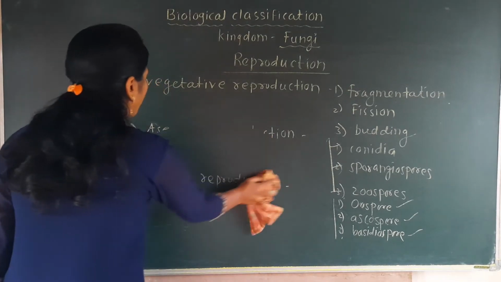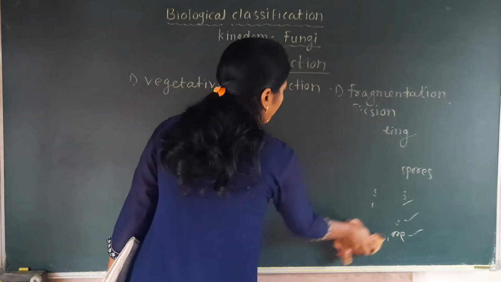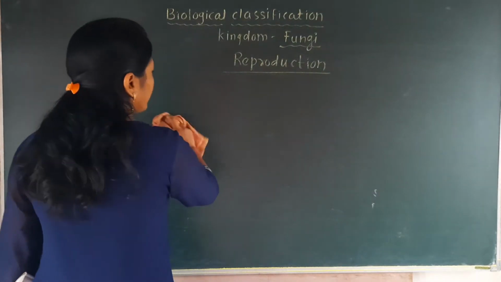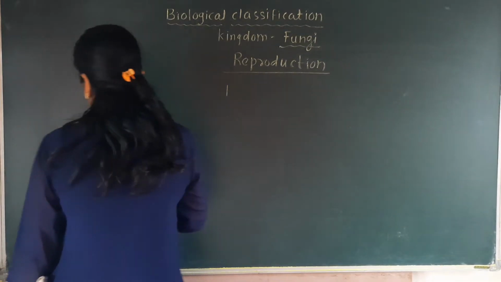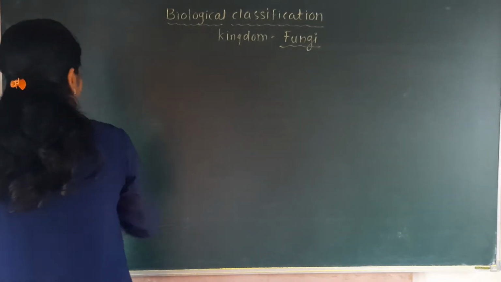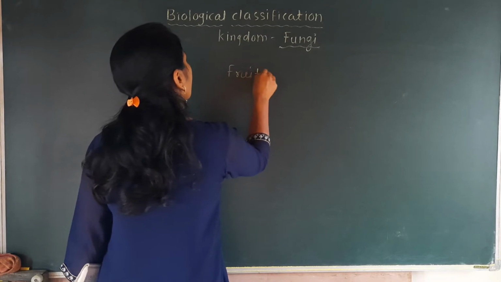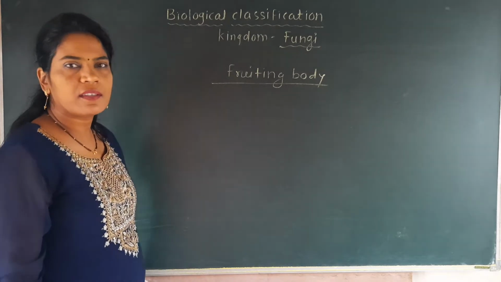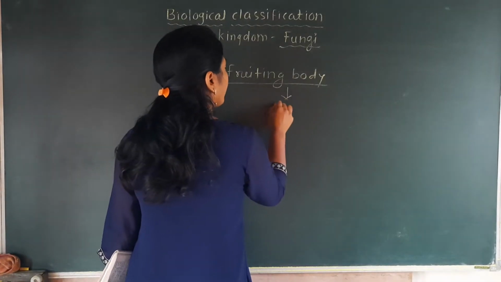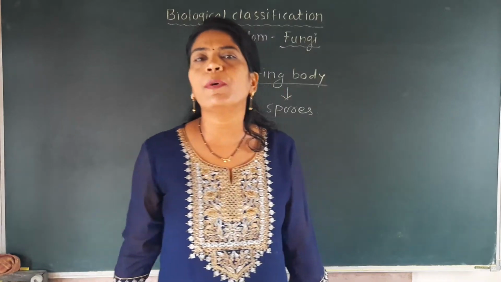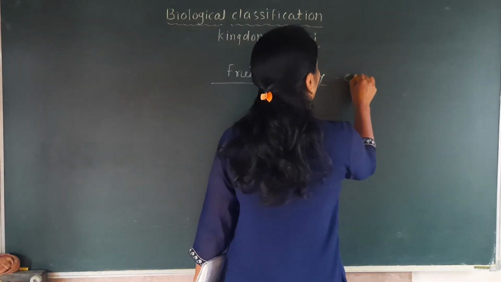So here number of times we have seen that spores are there, but where these spores are formed? These spores are formed in one of the important structures, and that structure is called as the fruiting bodies. Important structure is that fruiting bodies. So see here, fruiting body is the body where you will find the spores. Now, what is meant by fruiting body? The best example of this fruiting body is the mushroom.